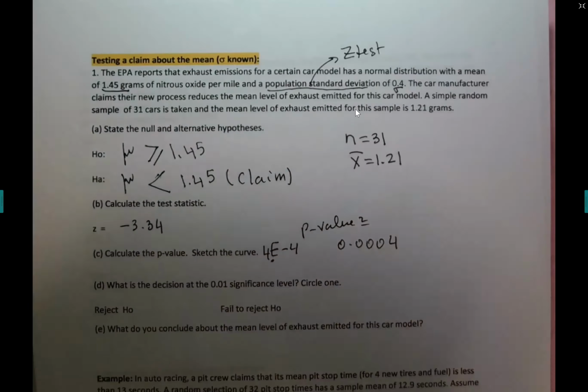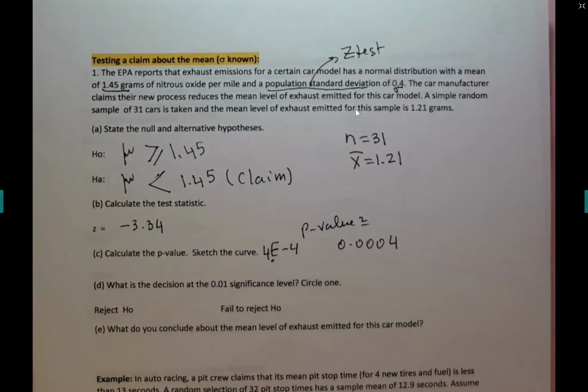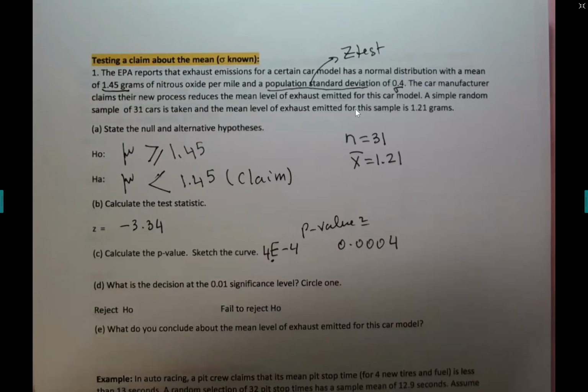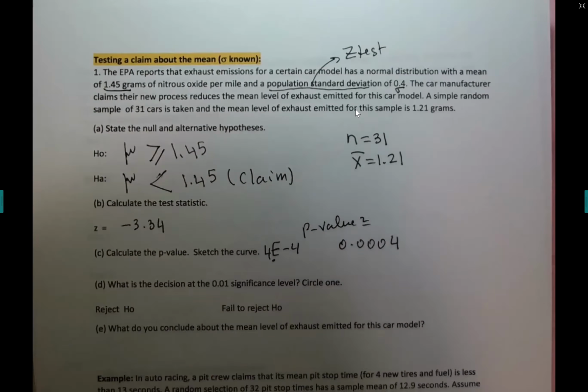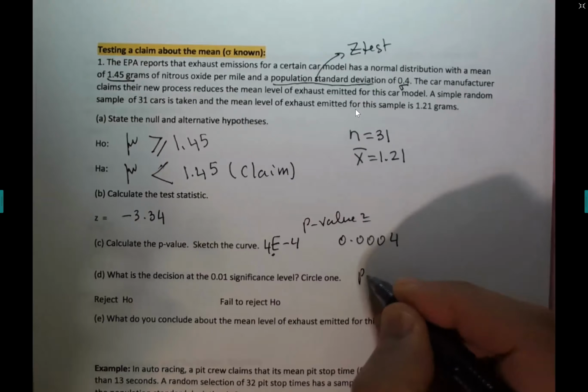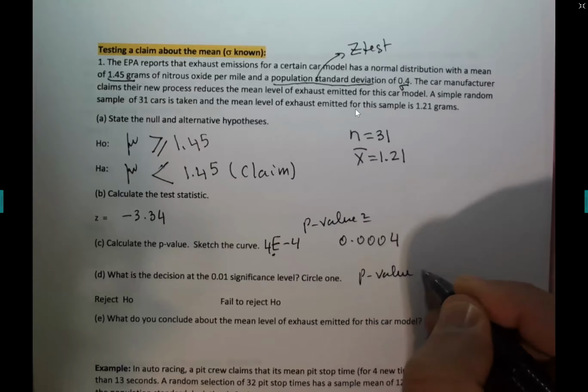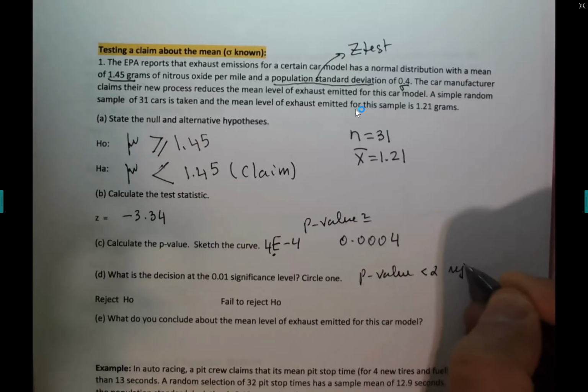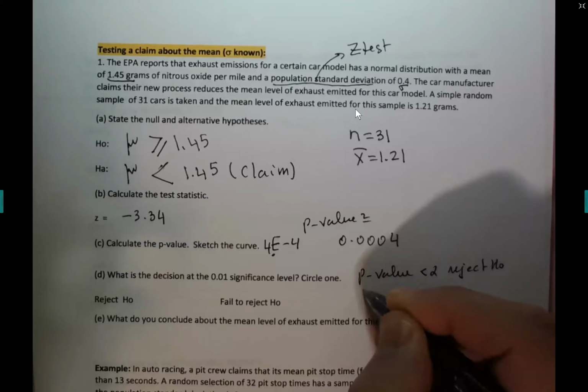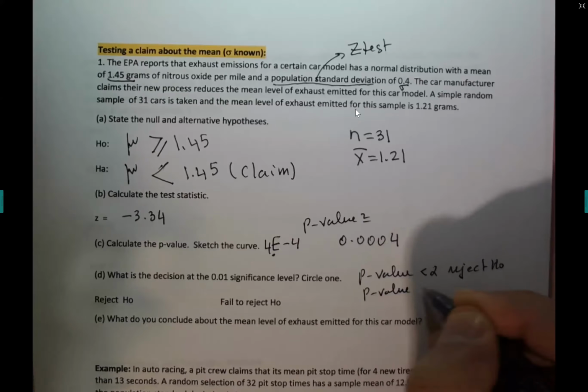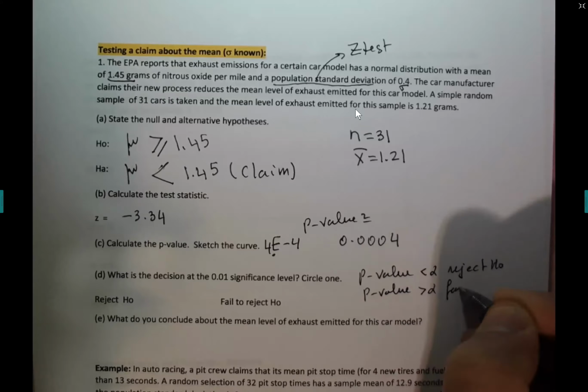If you see an E right away, you can say it's almost 0. It's very low. P-value low, HO must go. If you try to remember this, that means if the p-value is low, you have to reject the null hypothesis. What's the decision at the 0.01 significance level? Remember, if p-value is less than alpha, I'm going to write it down, reject HO. And if p-value is more than alpha, fail to reject HO.